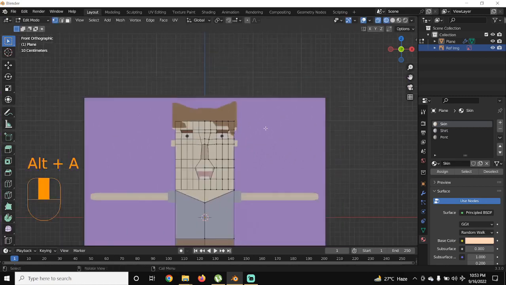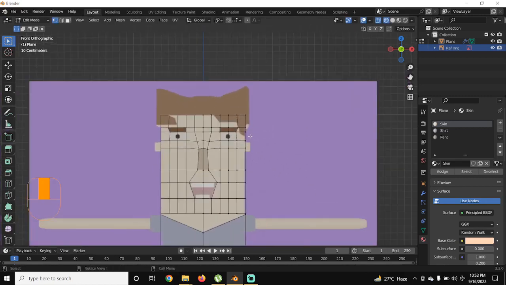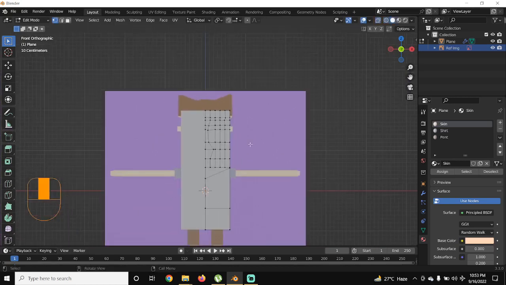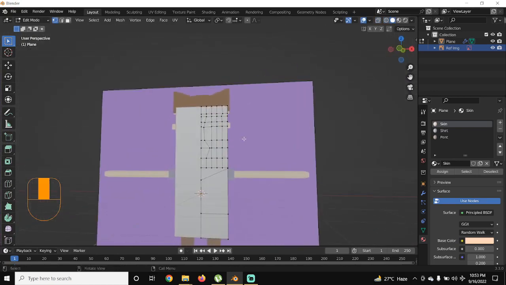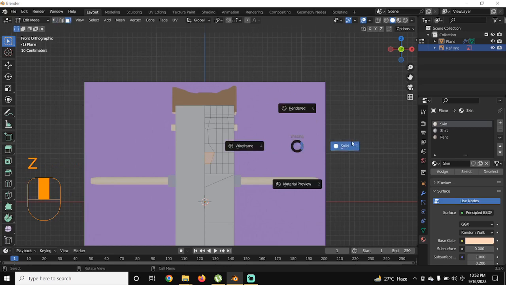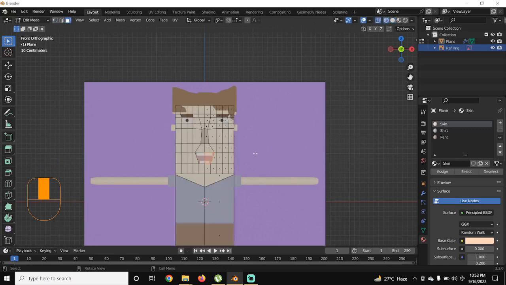Okay, now if I press Z and then solid view, we will see some of the topology of your plane, how it looks like your character. So I will select the face, and by selecting this face and this one, sorry, only this one, and I will switch from solid to wireframe mode, and by selecting this one I will click plus, then new, and name it mouth,